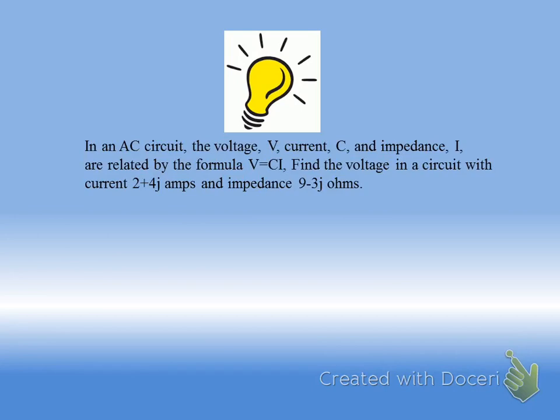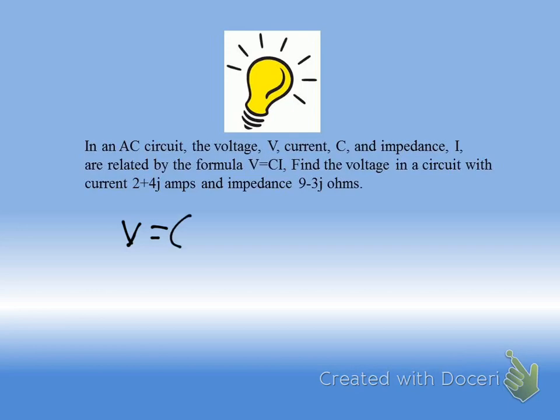It doesn't matter. But the word problem is actually fairly simple once you read it. In an AC circuit, the voltage V, current C, and impedance I are related by the formula V equals CI. Find the voltage, so we're looking for V, in a circuit with current of 2 plus 4J amps and impedance of 9 minus 3J ohms. So we don't know voltage, we know C, we know I. So all you do is FOIL it out. So you got V equals